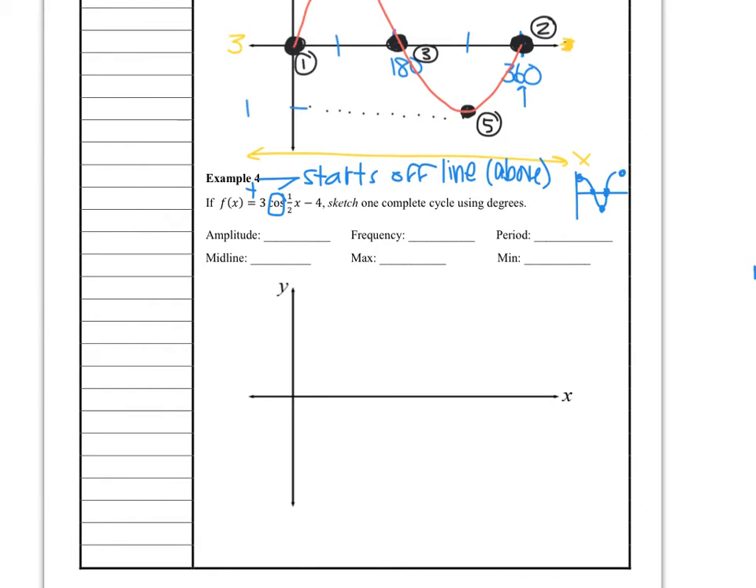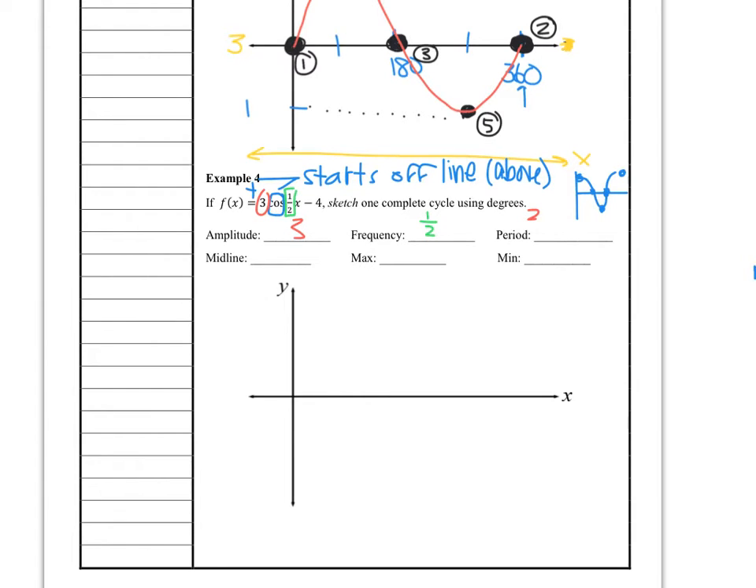Okay? Amplitude is the number in front, so we've got a 3 here. Frequency is the number next to the x, which is 1/2. That means we will have half of a cycle in 360 degrees, or 2 pi if we're talking radians. Period is 2 pi